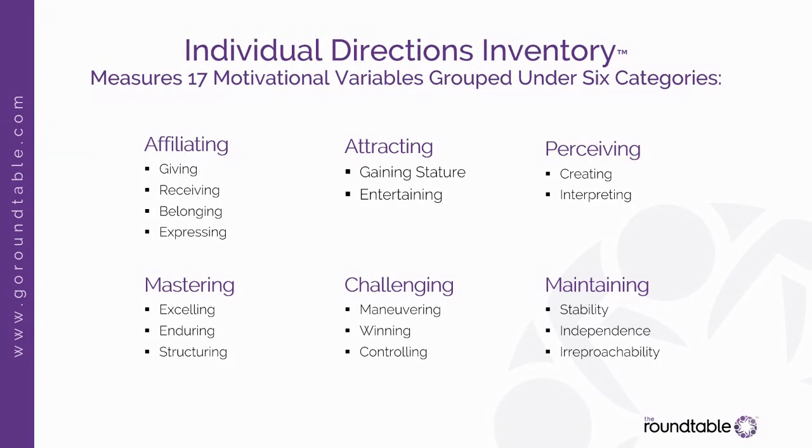And then the last one, maintaining, is one called irreproachability. And irreproachability is an interesting one because when you're high irreproachability, you really have a way that you like to live your life. You have a set of rules and a code and a set of values and standards, and you're very committed to them. And it can look like a whole bunch of different things. So it could look like my father. I don't know how high he was in irreproachability, but there was certainly an aspect of him that he believed that